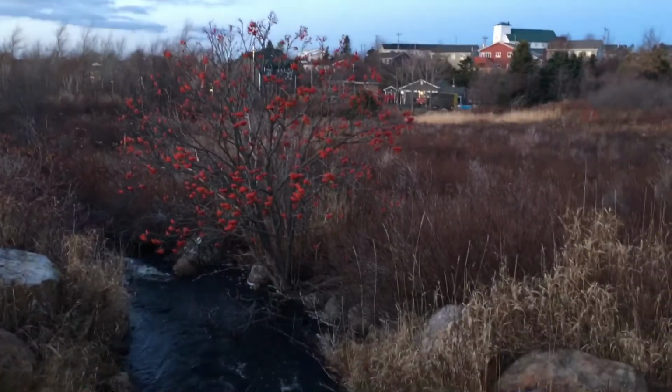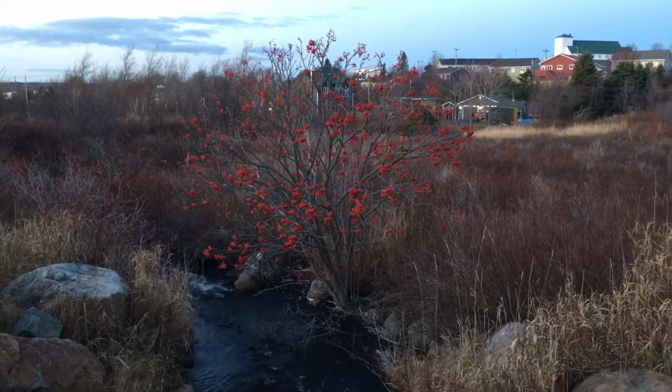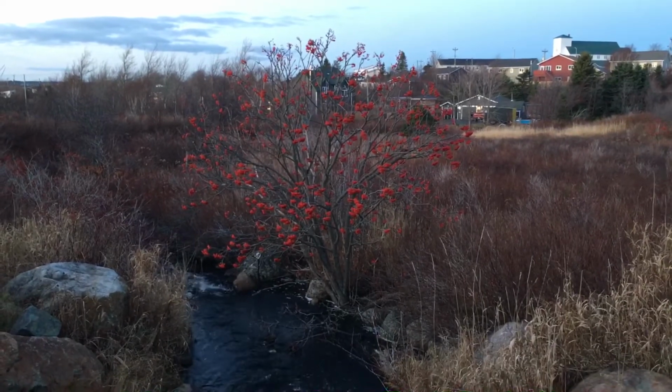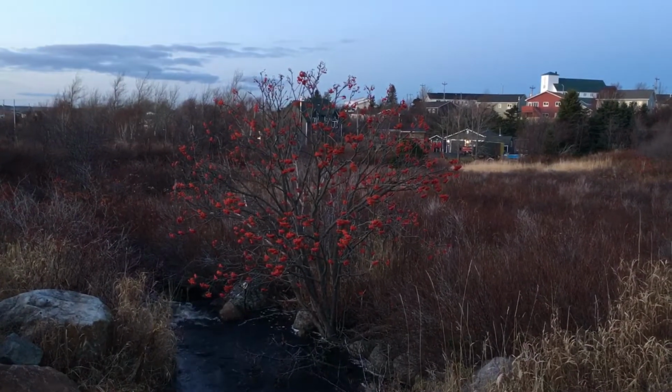This little dogberry tree is absolutely beautiful. I must say it's really, really full of dogberries. Some say that's a sign of a long winter to come, but who knows? We'll see what happens. Usually winters in Newfoundland are